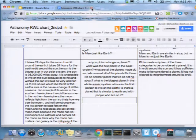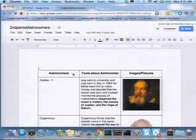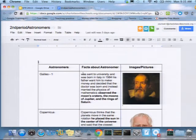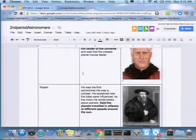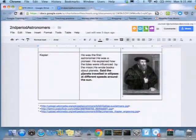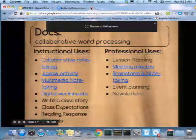And so then, our KWL chart just allows everybody to kind of go through and add info. Our jigsaw activity, this was one that we did on astronomers, and the students were each assigned an astronomer. Same idea, they went through, they had their astronomer. We actually had YouTube videos that they watched, and that's where they got their notes in the middle there, and then they used the research tool to actually add their picture in, which was really kind of an easy, nice